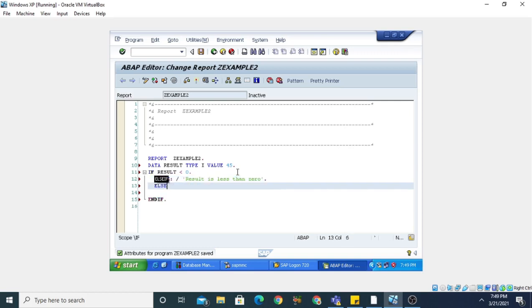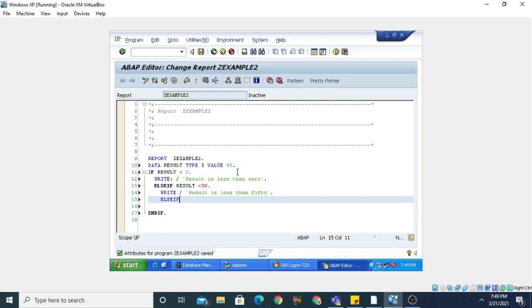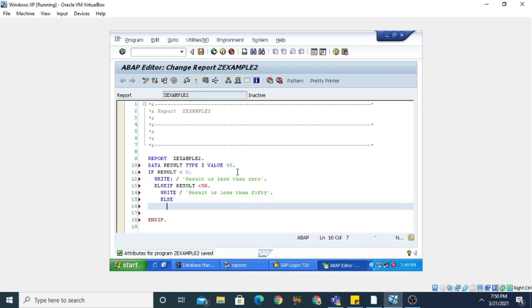Now we are going to use the else if statement. So this is else if result is less than 50, and I am going to write here, this is the write statement. In this write statement I am going to write: result is less than 50. Now I am going to use the else statement. So this is else.